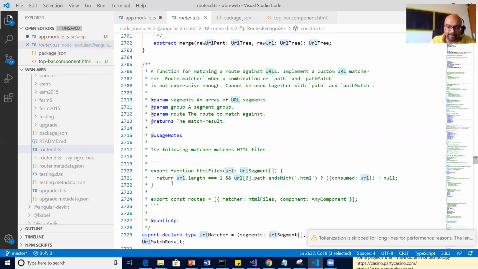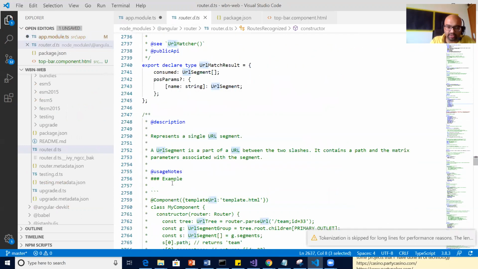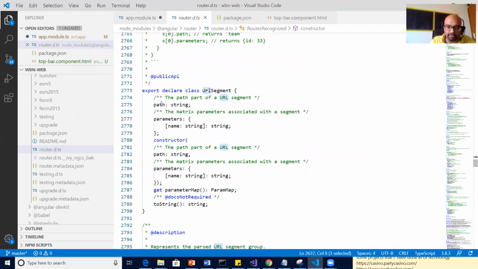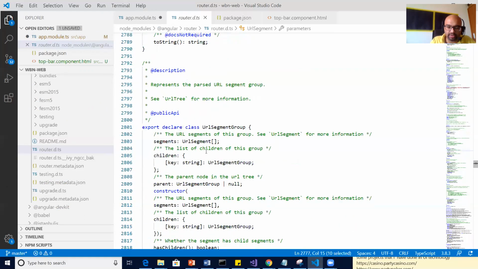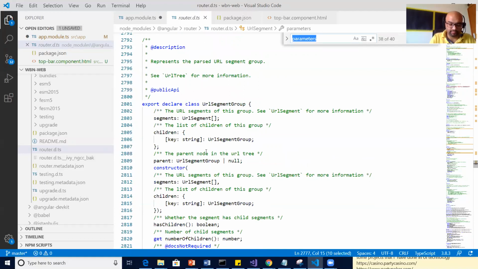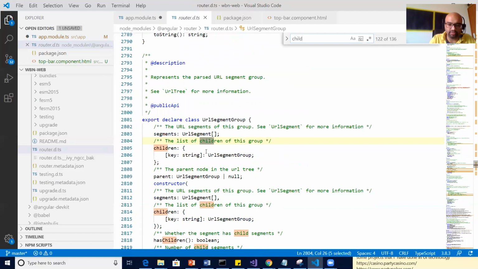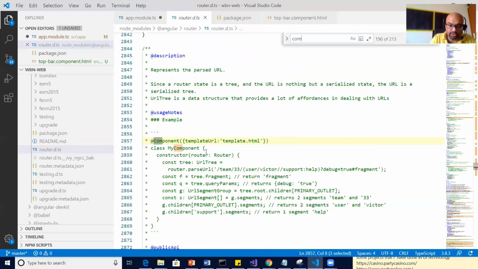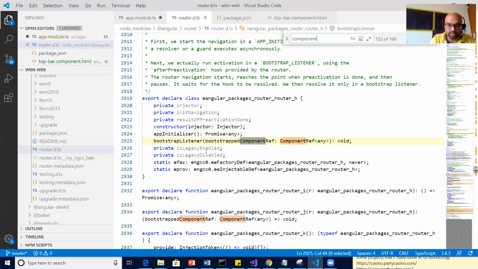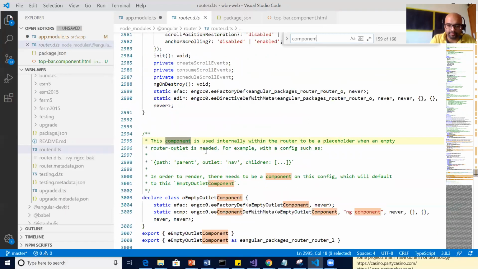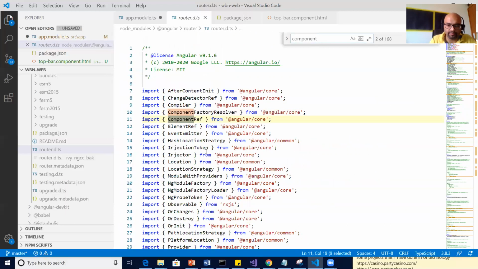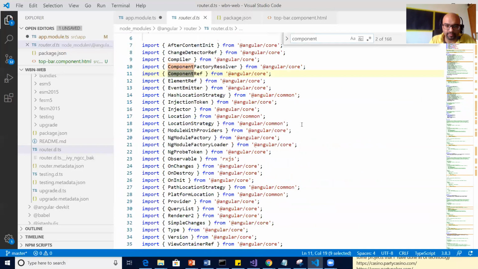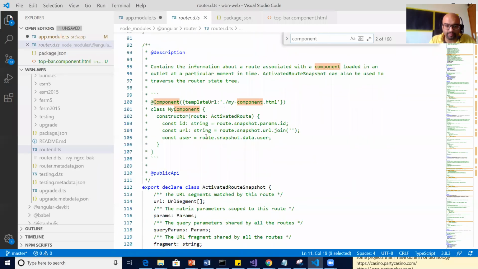It has different properties: path, parameter, children, and component.